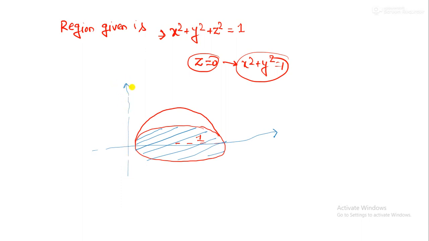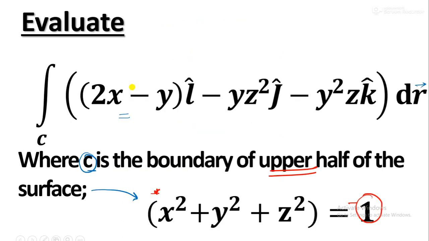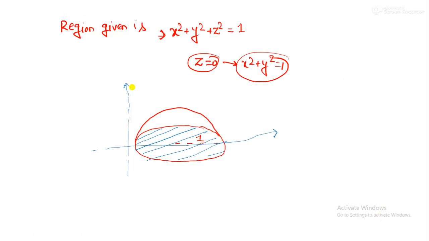So now it's very clear. Now we have drawn the region for which they have asked about the integral of the given vector calculus. Now, as we have decided the space or the surface, we will have to know which theorem we will have to apply, like Green's theorem, Gauss divergence theorem, or Stokes theorem. For this, you will have to identify whether the surface is open or closed, or whether it is a surface or a volume.